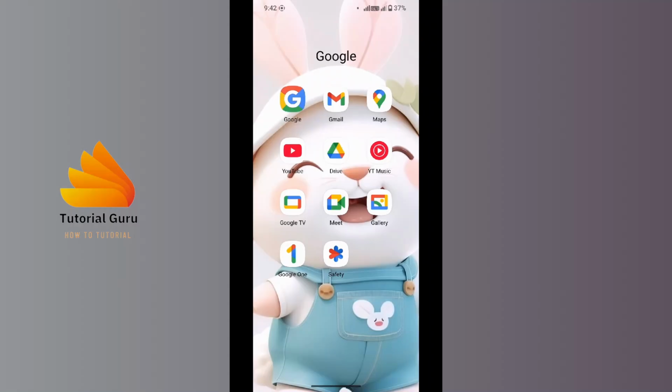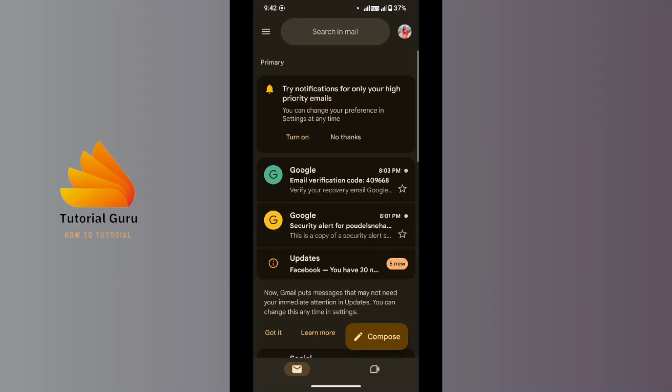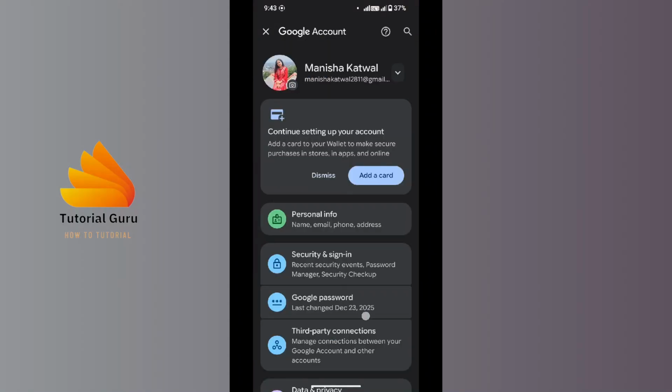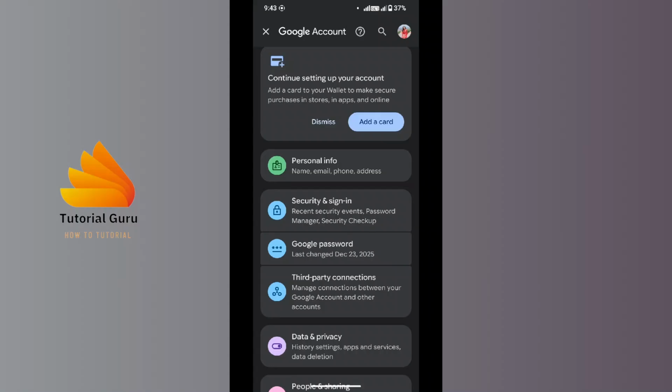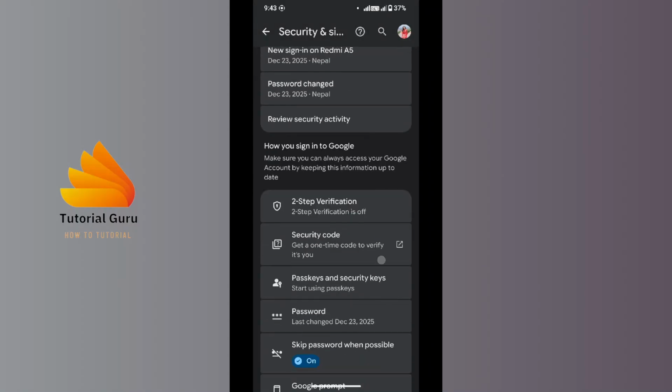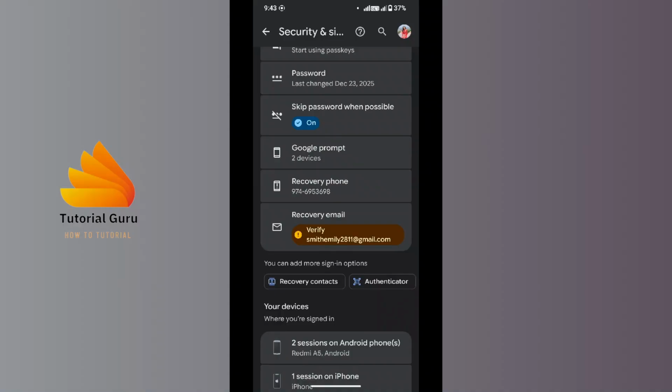So let's open it. Now see, this is the inbox of your Gmail, and you should have to tap on your profile picture, which is available on the top right corner of your screen. Now tap on manage your Google account, which is available on the upper bottom of your screen. Now scroll down and tap on security and sign in. Then scroll down below. Then you can see the option of verify